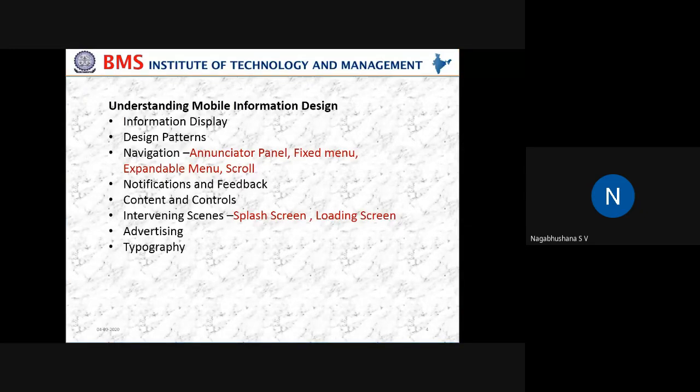Under navigation, we have the annunciator panel, fixed menu, expandable menu, and scroll option. What is this annunciator panel? The annunciator panel is nothing but something that gives you information on the state of the mobile device. Each mobile device is provided with different panels.